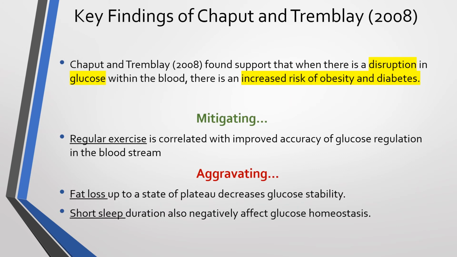One of the key findings of the Chaput and Tremblay study is that they found a correlation between the disruption in blood glucose levels and an increased risk of obesity and diabetes, although they did find some mitigating and aggravating factors. One mitigating factor is regular exercise. So regular exercise is actually correlated with an improved accuracy of blood glucose regulation. And some aggravating factors are rapid fat loss and short sleep, so not getting those 8 hours